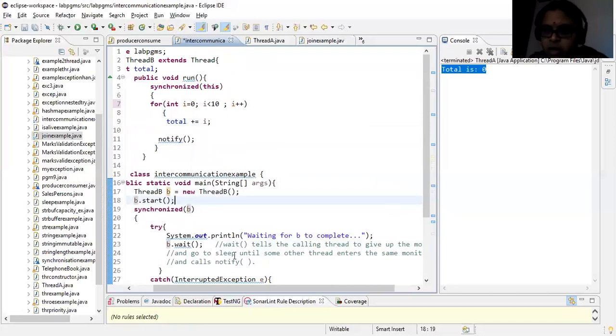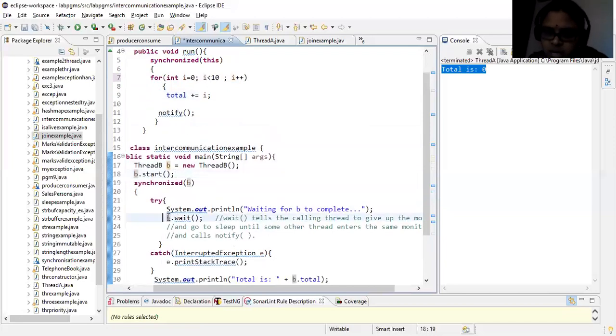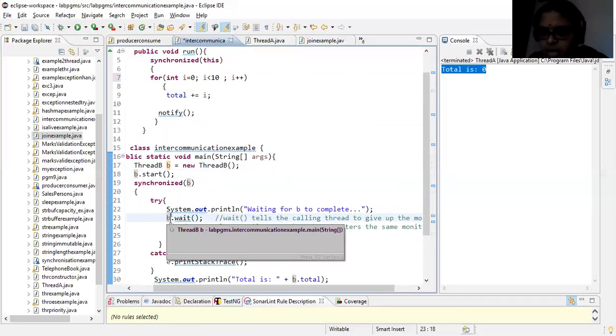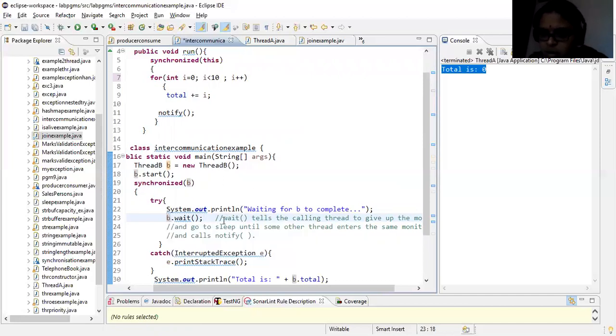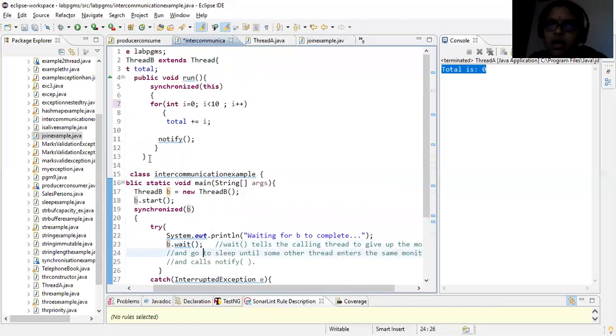But before that, control can again come back to your main function. Then you are explicitly stating b.wait, which means wait for this particular b object to be completed. So the calling thread, obviously this main thread, will go to the waiting state, that is the blocked state. And it will come back from the blocked state when another thread notifies it. Now this will go to the wait state and your total value is completely computed. And this thread then calls notify. Notify means the thread which is in the blocked state will now take over and go to the runnable state, and further your scheduler will make sure that it goes to the running state and executes.